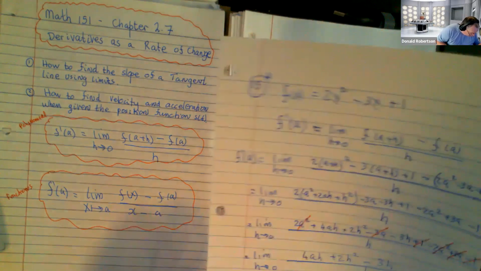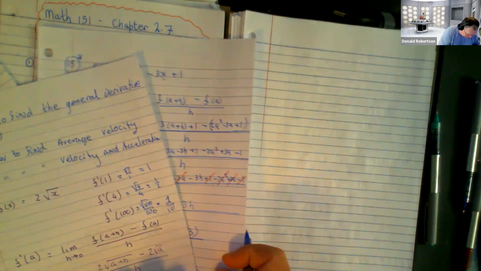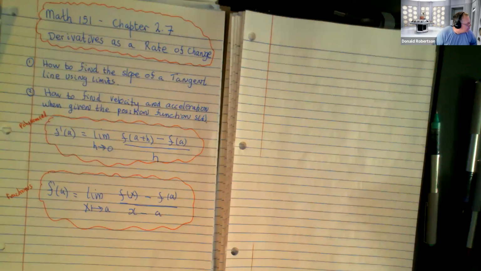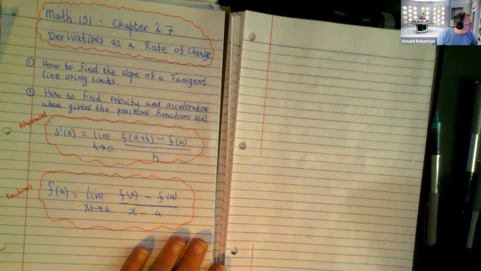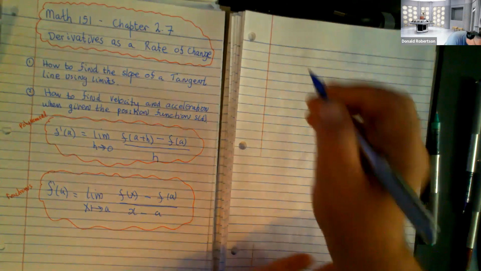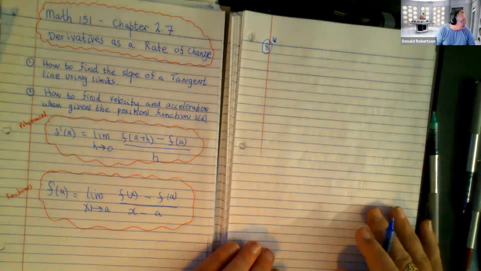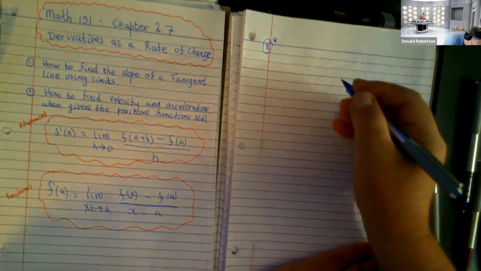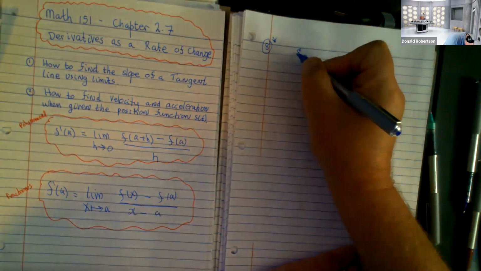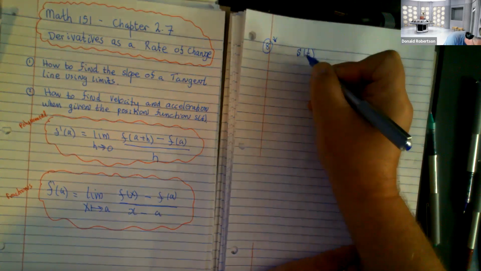So let's move on to the second thing on my list. How to find average velocity. I think there's only one example of that, so I'll probably pick it because it makes my life easy. Oh, here we are. There's a question 8 where you're told the position of an object. So this is called the